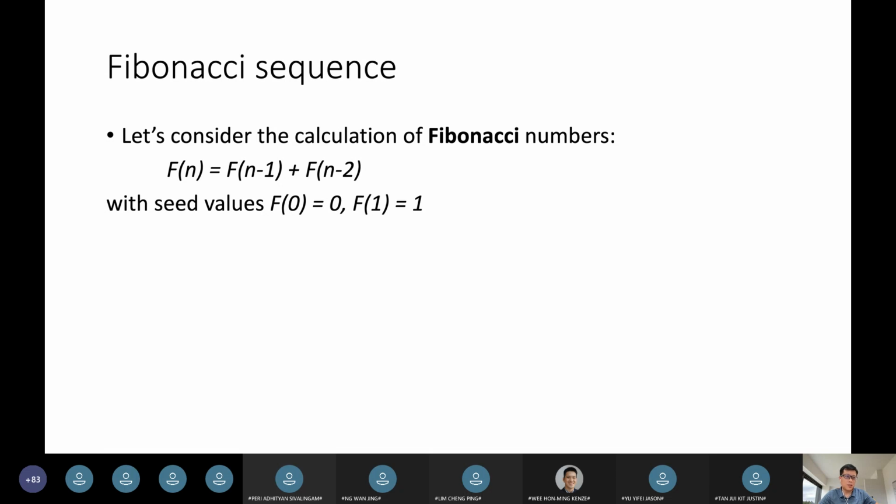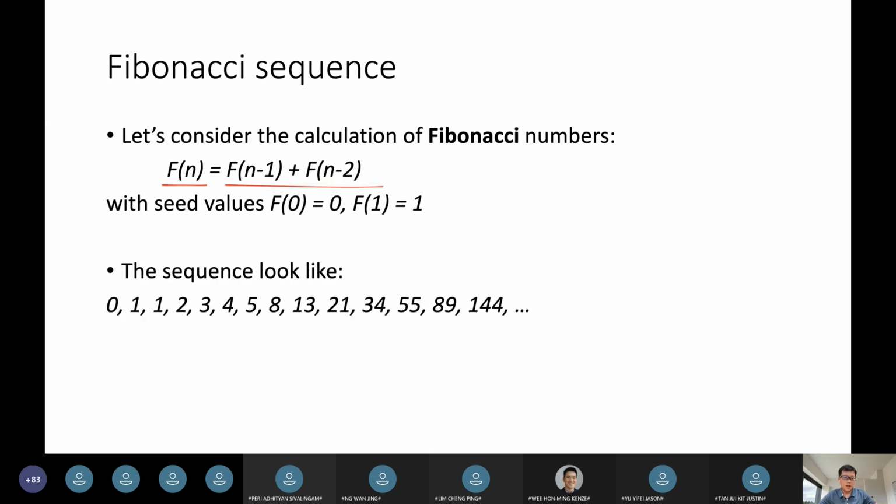It's just a sequence where the number at position n is the sum of the previous two numbers, and the base cases are F0 equals 0 and F1 equals 1. So the sequence will look like this, for example,